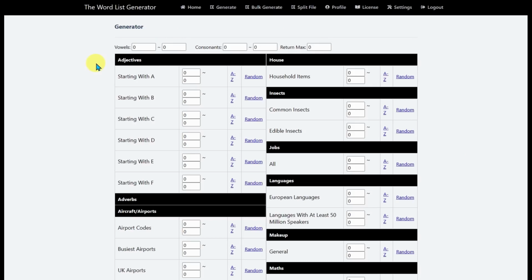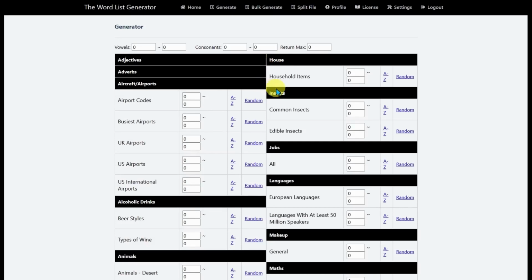Now, I know what you're thinking. This is supposed to be a word list generator. Isn't it supposed to be generating the word lists for you? This is how it works. The creator is going to add 10 word lists every day from now until the end of the year. So you will have 2,500 themed word lists to work from, and you use this tool to pull words from those word lists to make your own unique ones. So for instance,